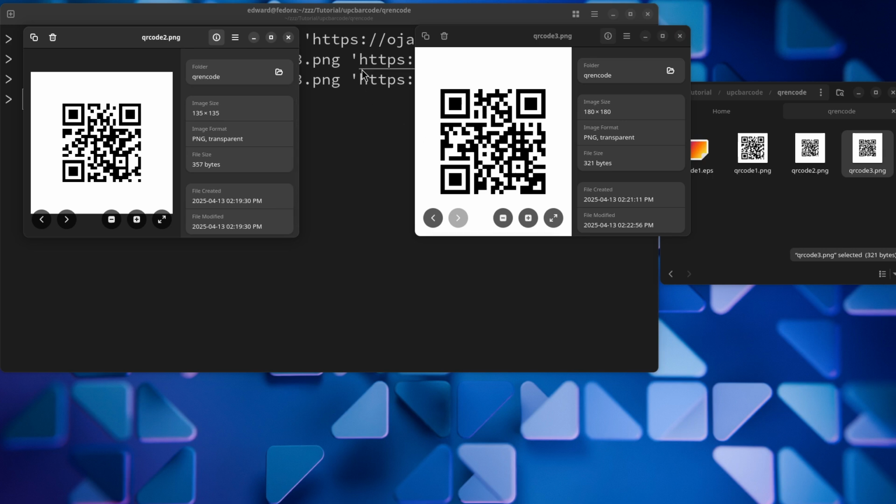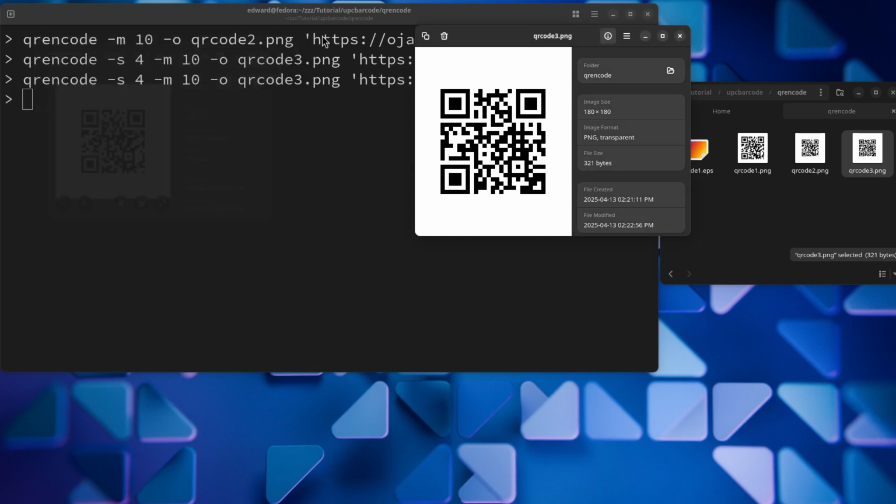That's because I typed the www. So that's a simple way you'll be able to tell that they're different, even though they all link to the same place, www.ojambo.com, and the other one is just ojambo.com. Okay, so